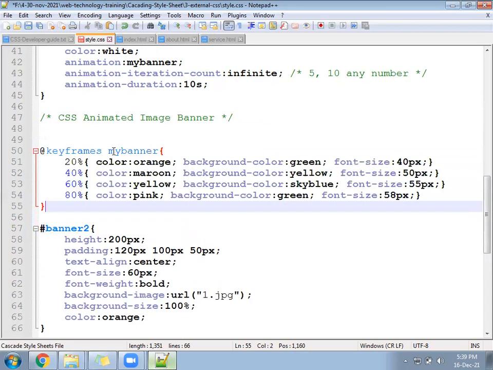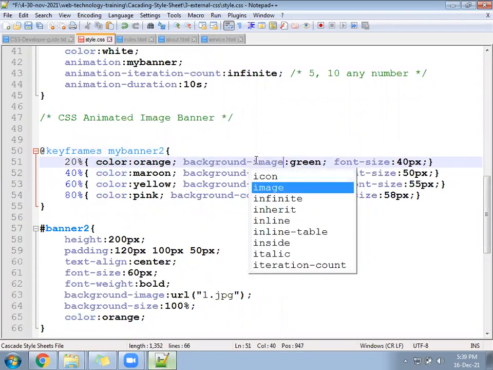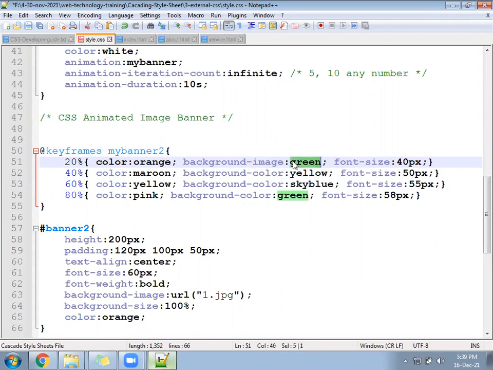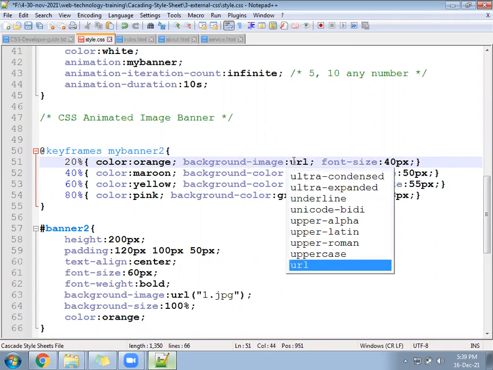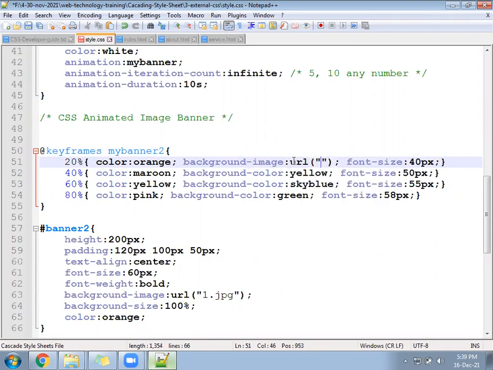And we can write here my banner 2. Background, let it be background-image. We are going to change it: url. In that you can keep 2.jpg if you have it in the folder. Next will be background-image 3.jpg.